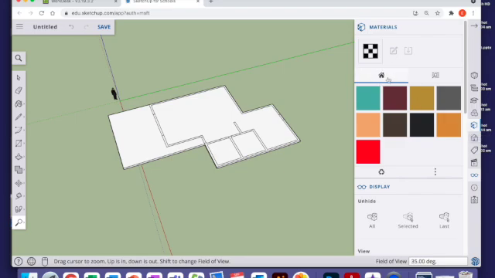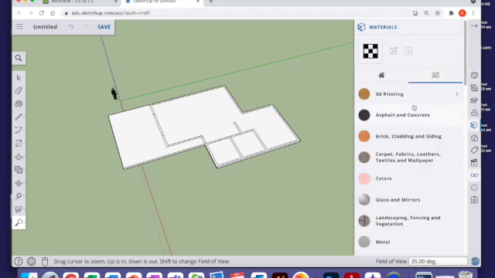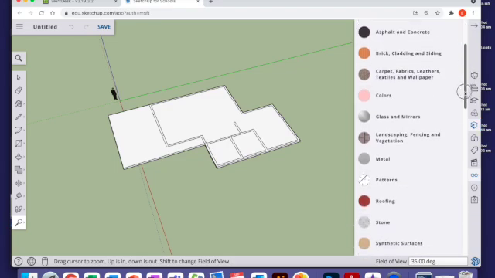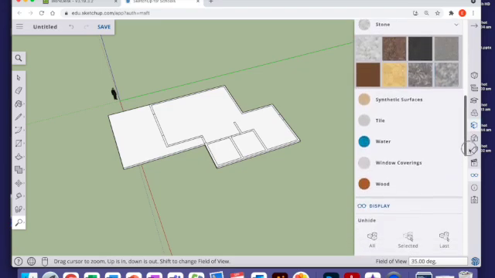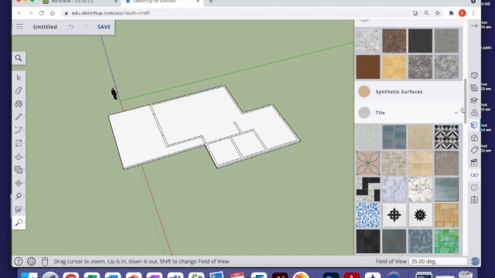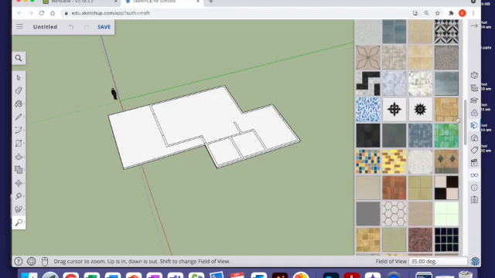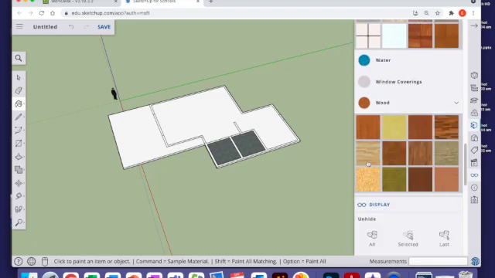Now, when I first go in, there's a little house here that's just plain colours. But if I want textures, I go over to this magnifying glass and there's all these different realistic textures that I can use. So down here, I can go down, I can put a stone texture in. Say I wanted a bathroom to be stone or tiles. I might want some nice big grey tiles in my bathroom. Oops. I might want to go down and use a wood grain